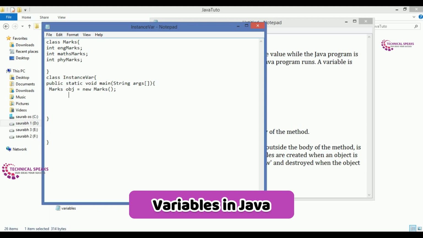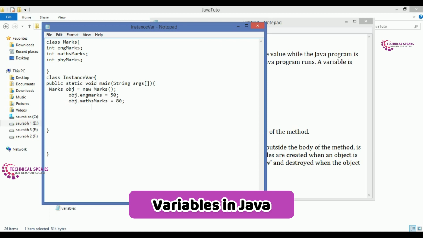Now to access the object, we just do like object dot English marks is equals to 50. Also we can set like object dot maths mark is equals to 80.